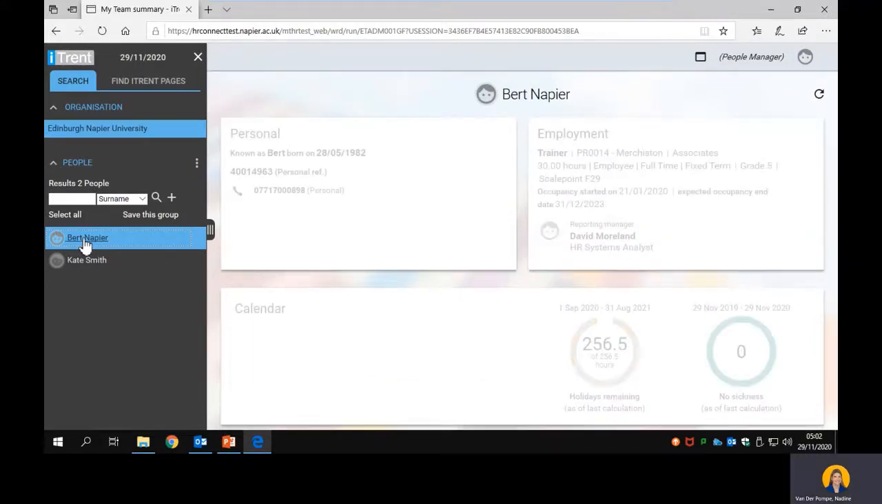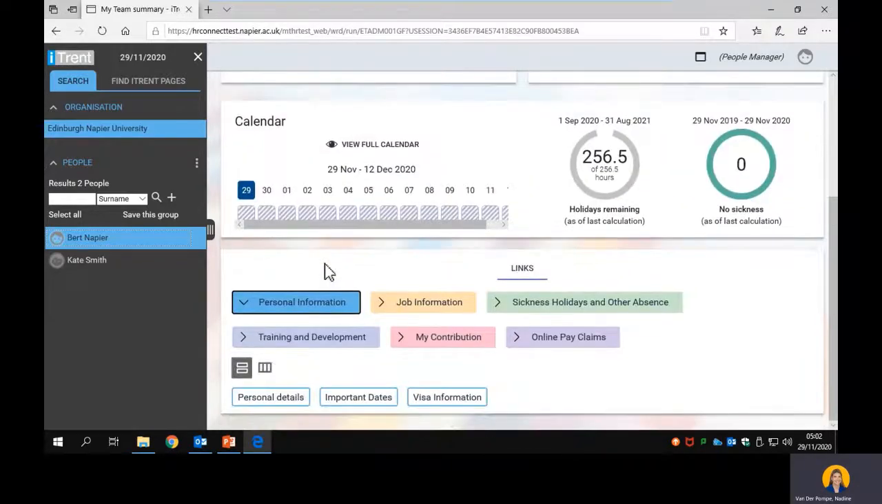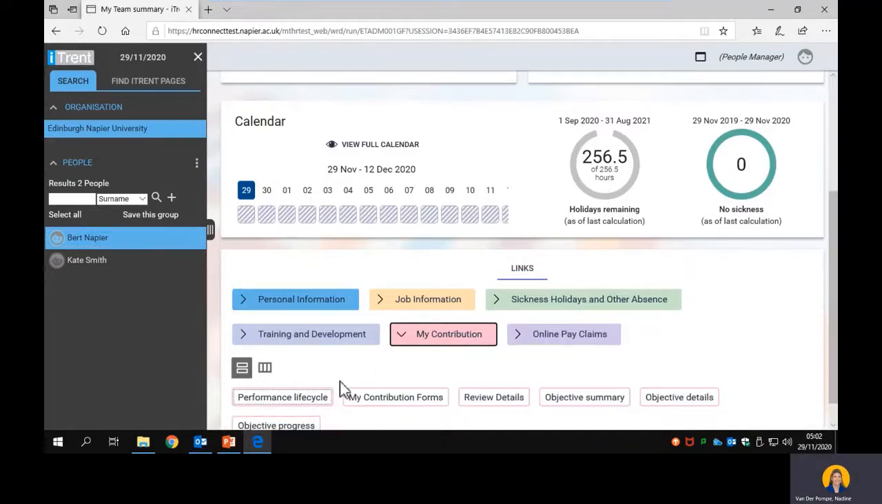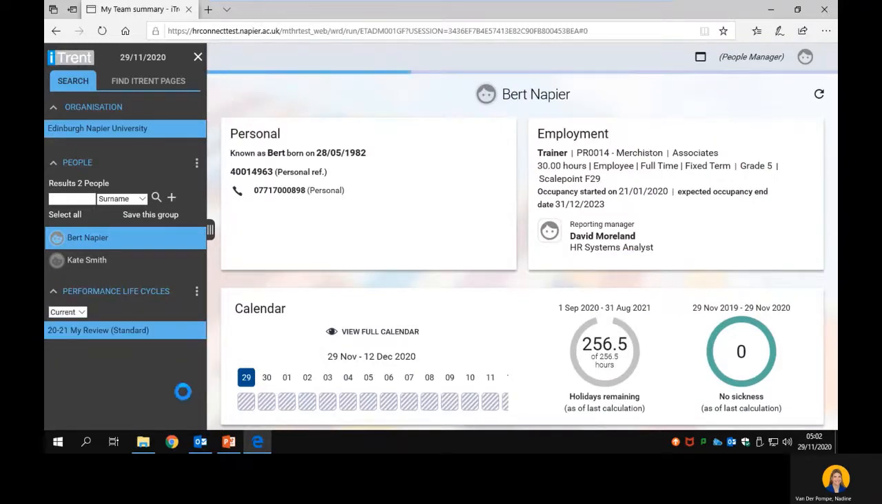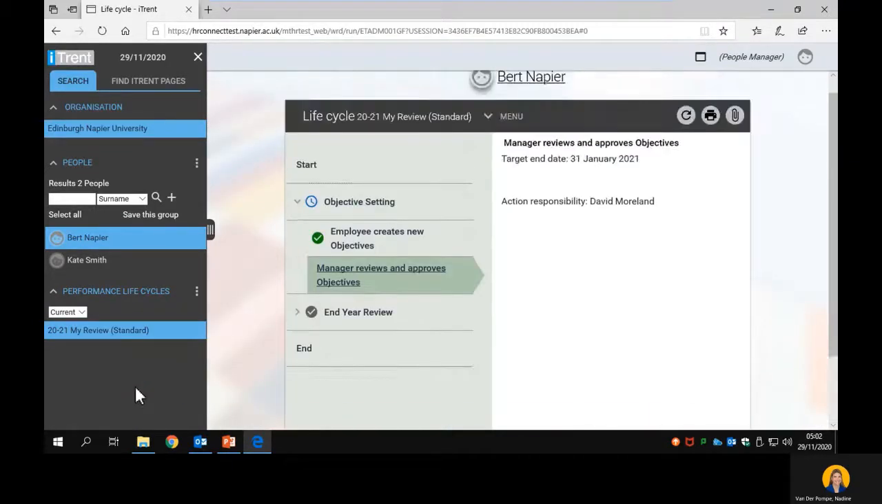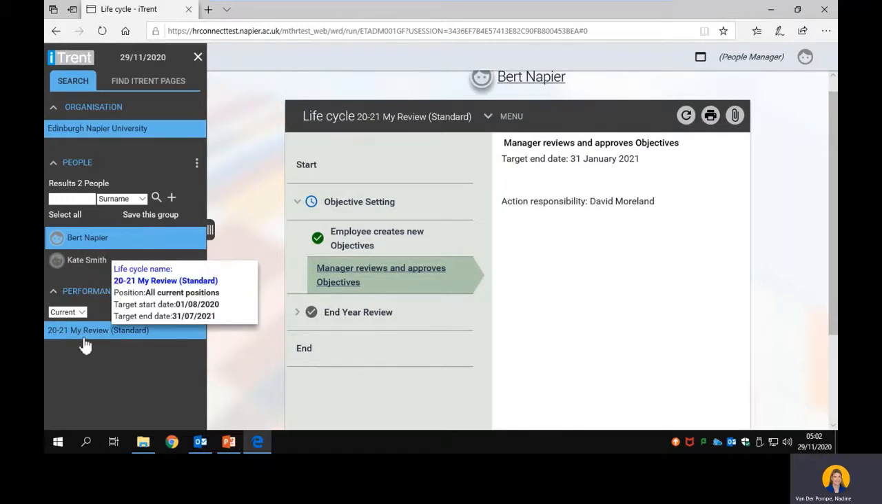This opens the page with employment details. Scroll down the page completely. You'll see My Contribution. As a link, click on My Contribution. Click on Performance Lifecycle. On the left-hand side, you can see the name of the life cycle, and in front of you, the life